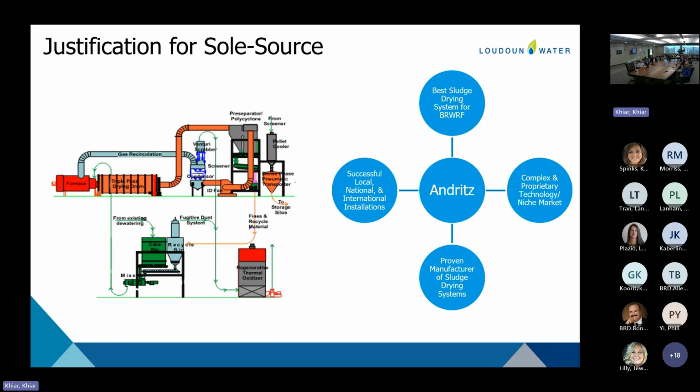And the graphic here on the left is just a schematic of the main process train for the dryer system. It doesn't necessarily include everything, but the core of the drying process is represented by this. I'd be glad to walk through it, or we can just move on. Would it be helpful to just take a minute or two and walk through that?